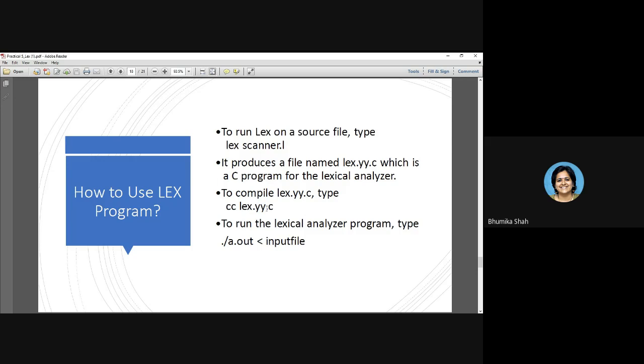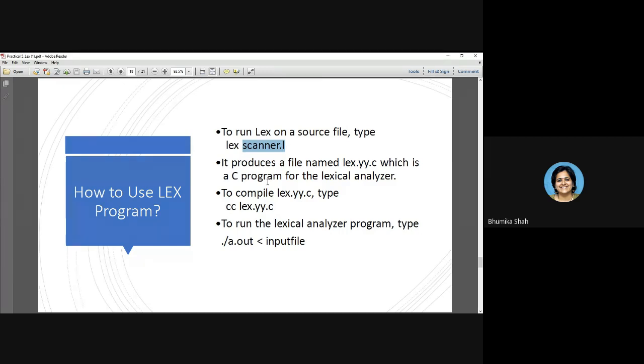Okay. Now, if it generates any error, the meaning is your equivalent C program has an error. You cannot correct those errors in the lex.yy.c file because that is not the file created by you. That is the file which is created by lex. So what should be done? You need to go back to the lex file scanner.l and find out what is wrong with your lex program.